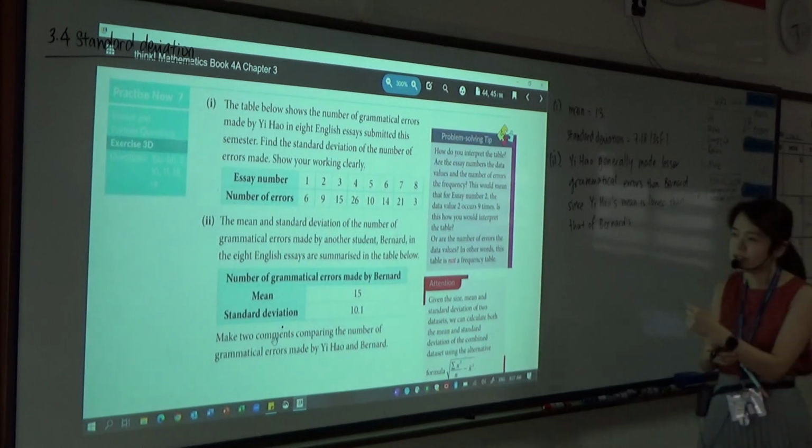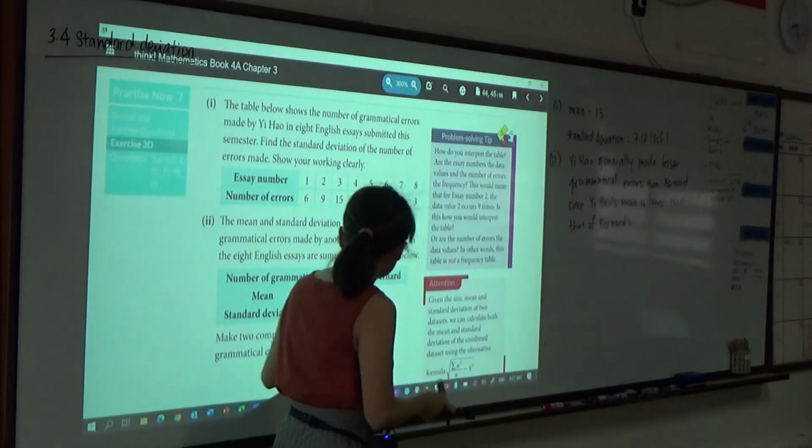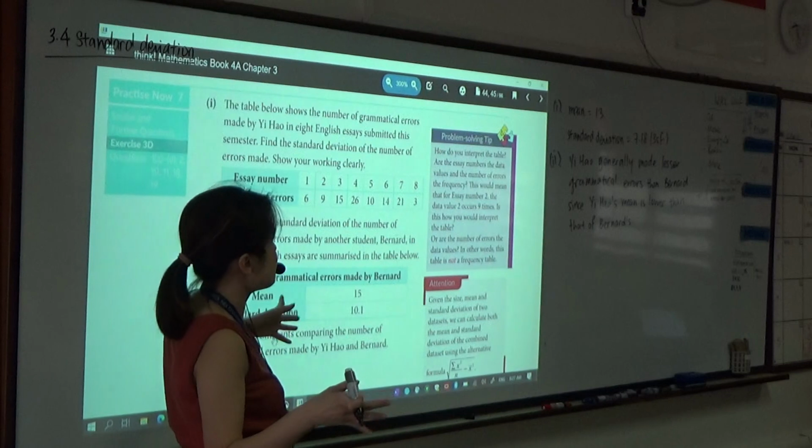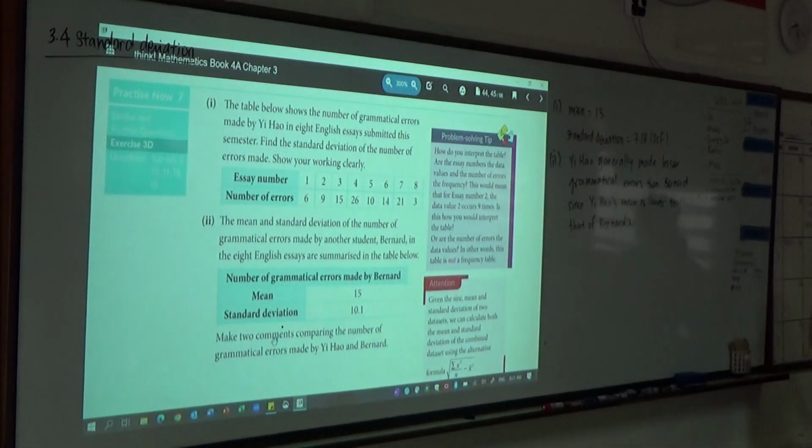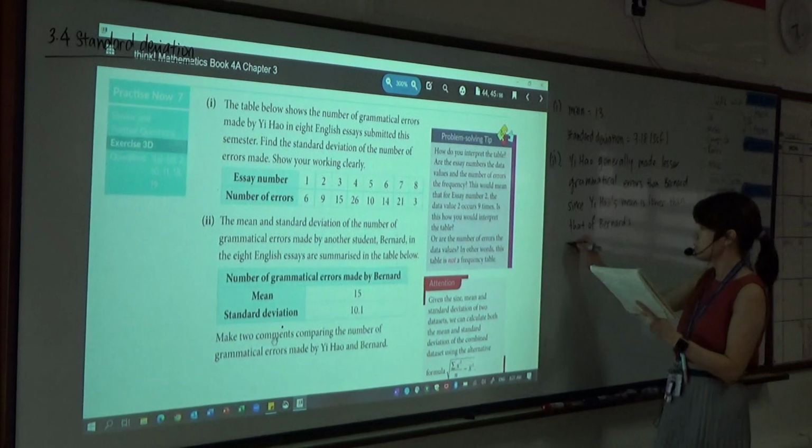And then from the standard deviation, which is a measure of spread, we see that Bernard has a value that's 10.1, and then for Yihao, the value is actually 7.18. That means that for Yihao himself, the spread itself is actually more consistent, closer towards around the mean. So we say that